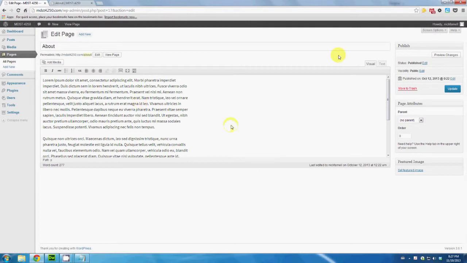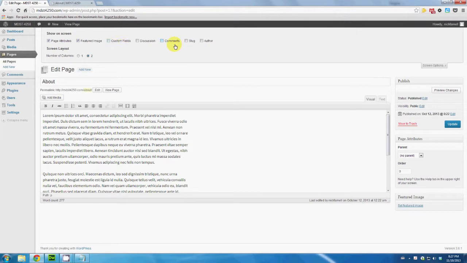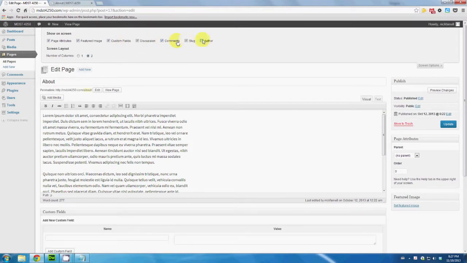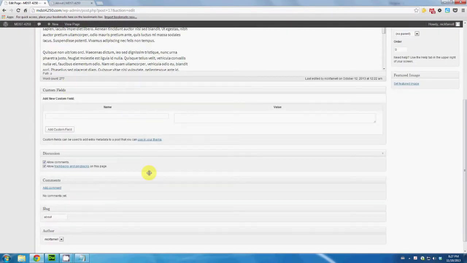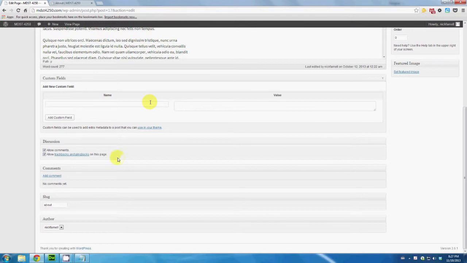the next thing I have to do is show some more options. So by default, not all of the options are shown, but if you click on screen options, I'm going to click all of these so they show all of them. Now if I scroll down the page, it's added a few more boxes here. So custom fields we don't have to worry about yet. Where I want to remove things is under discussion. So I don't want any comments. If I update that